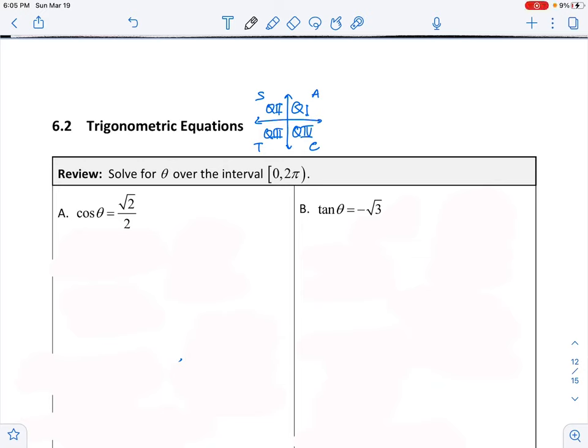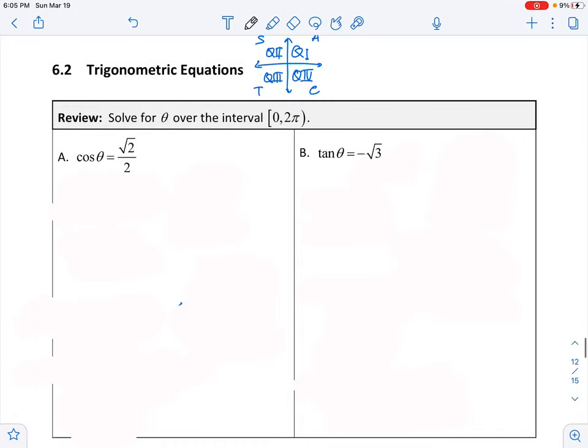So we're going to solve different types of trig equations using solving linear equations and also some factoring methods. So let's do a little review on just, again, looking at the trig ratios and figuring out what angles provide the same ratio. So for cosine theta equals root 2 over 2, we want to be in the interval 0